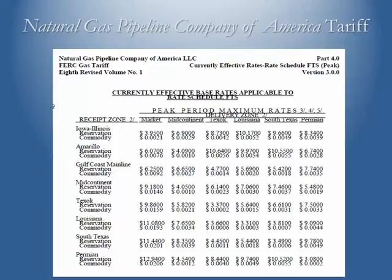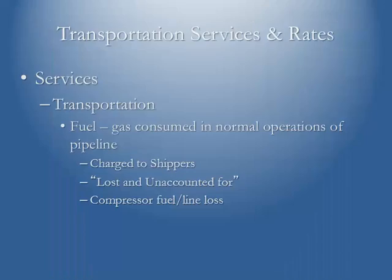And then when you actually flow the gas, when they meter at the end of the month, you're paying about $0.015 for the commodity fee. One of the things that occurs in terms of the cost of moving gas is that of fuel. So far, our costs are the reservation fee and a commodity fee, and now what happens is when the gas